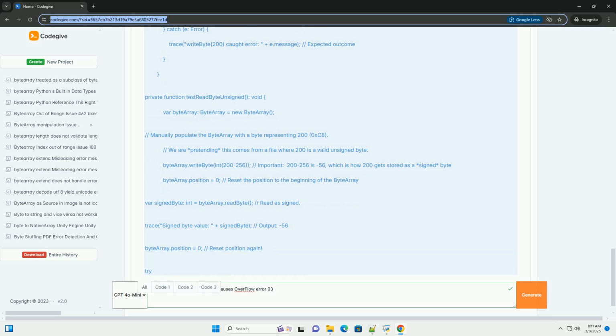Comments. Add comments to your code to clearly indicate whether you're working with signed or unsigned bytes and the rationale behind your choices. This makes your code easier to understand and maintain. Complete example illustrating the correct approach. Here's a complete example that demonstrates how to correctly read and write unsigned bytes using writeUnsignedByte and readUnsignedByte. Summary. The overflow error 93 in ActionScript 3's ByteArray class is a consequence of the distinction between signed